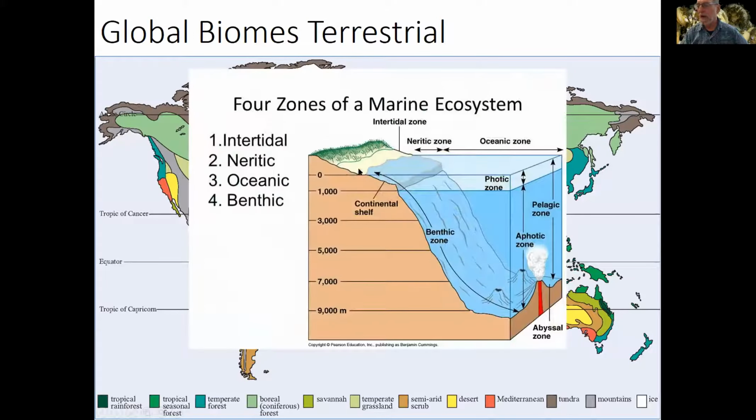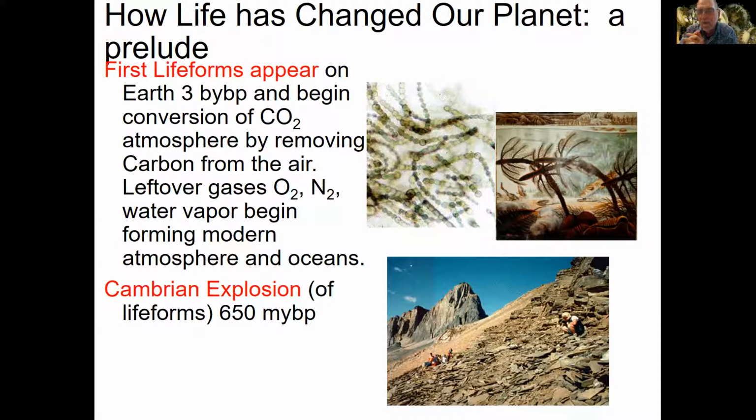Okay, so that's a very short overview of global ecosystems. I'll talk a little bit more about different characteristics of ocean systems. But one of the points that I really wanted to emphasize is that the Earth that we're seeing today has been totally modified, completely altered by the evolution and development of life forms. So life began appearing on Earth about 3 billion years ago, and